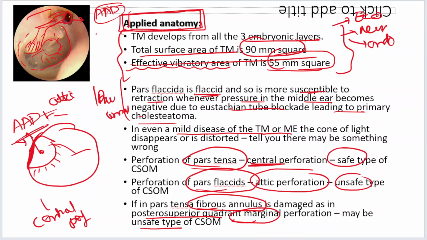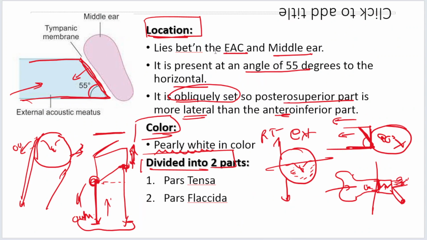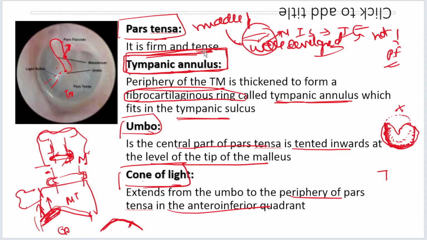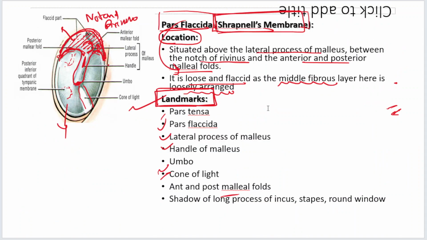So just have a quick recap. Location: it is present at 55 degrees to the horizontal, so the posterior superior quadrant is more lateral. Color is pearly white. Two parts, pars tensa and pars flaccida. Now coming to pars tensa, it is firm and tense. You have a structure called the tympanic annulus, then you have the umbo, then you have the cone of light. Okay, then in the pars flaccida you have the anterior malleolar fold, the posterior malleolar fold, and the notch of